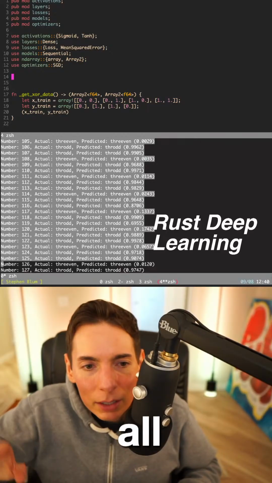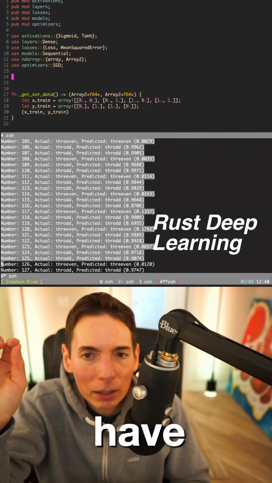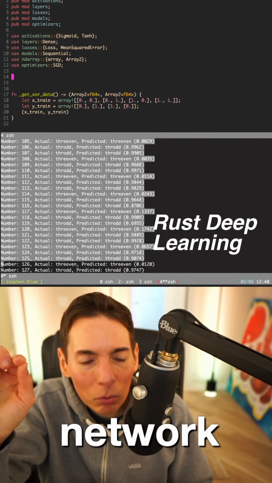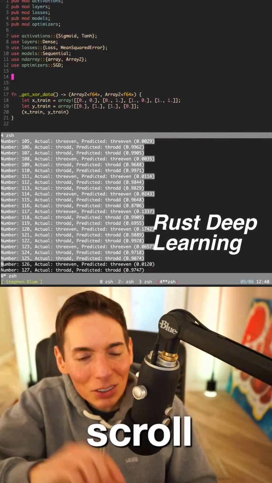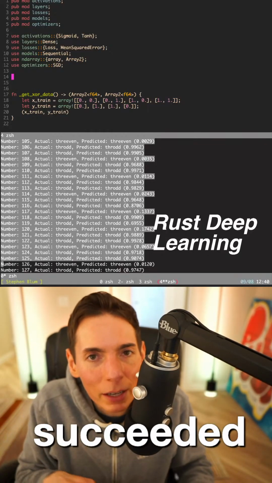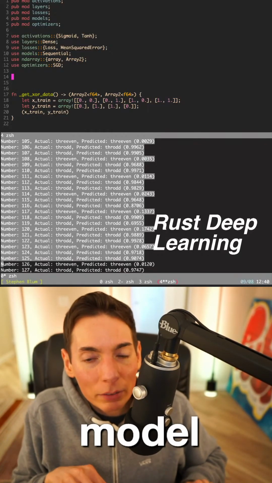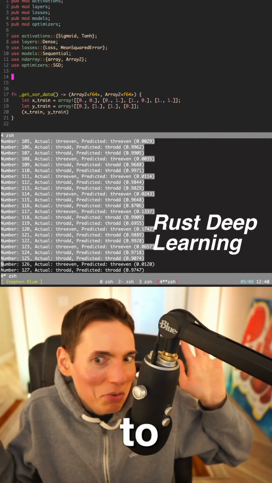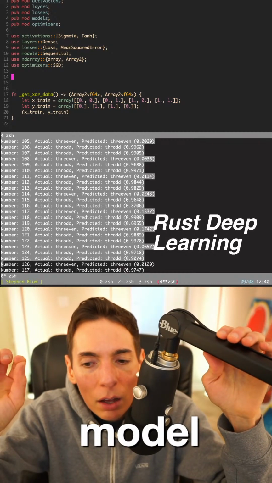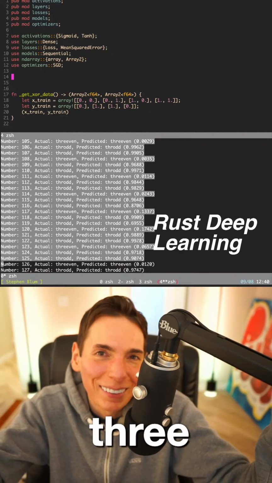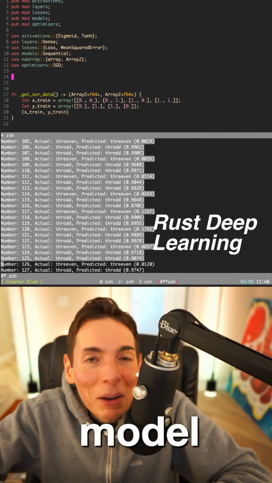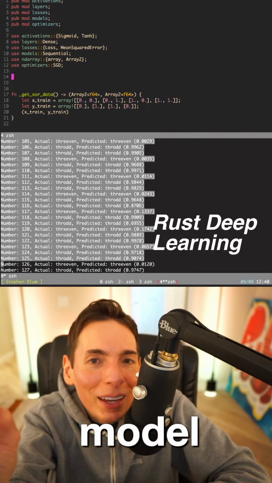Okay, so Cass, what we did was we wrote our own deep learning neural network from scratch in Rust. You came in at the right moment because we succeeded. We finally did it. We trained an AI model to recognize, and this is a toy model, but it's still really cool, divisible by 3. That's what we did. We recognized divisible by 3, and it worked. We trained it, and here's the cool thing: it can see